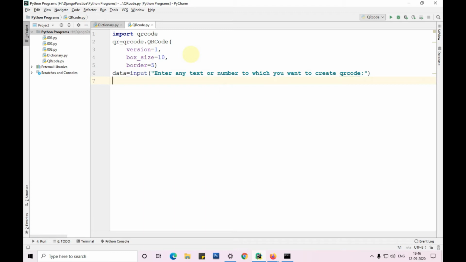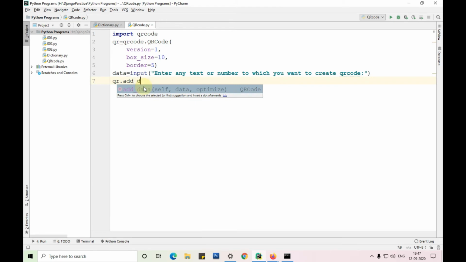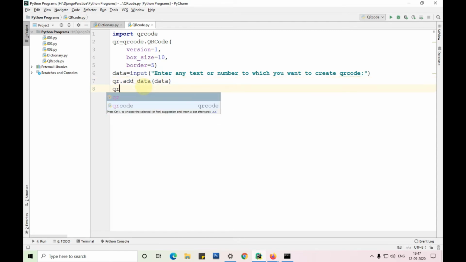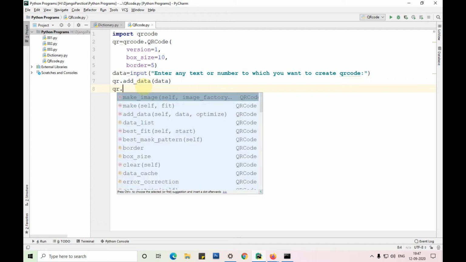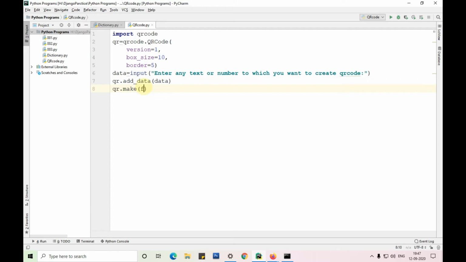Now I'm adding that data to the QR variable, that is this variable: qr.add_data(data). Now I'm making the QR code: qr.make(fit=True), fit is equal to True.